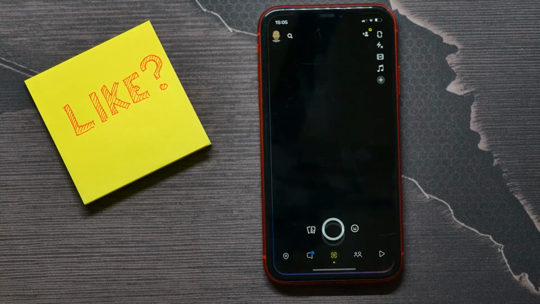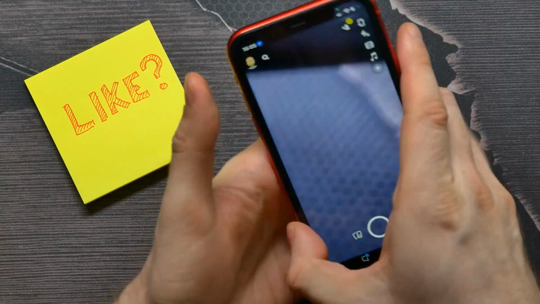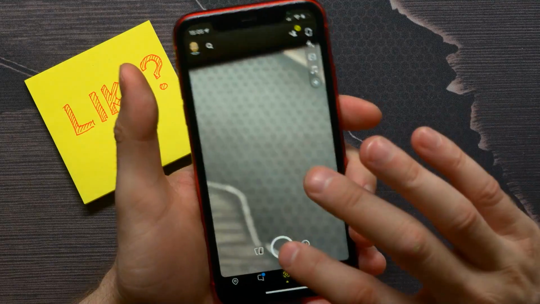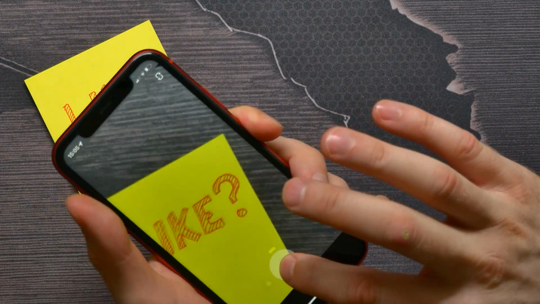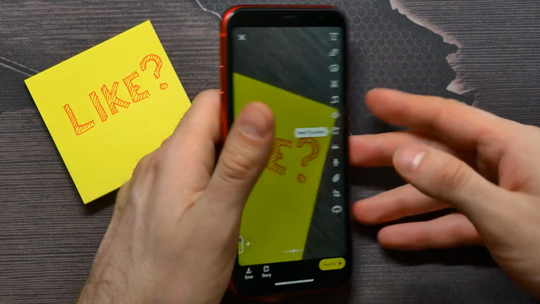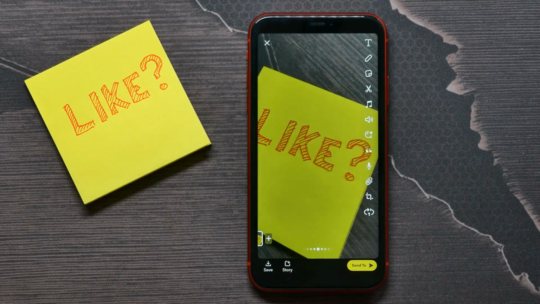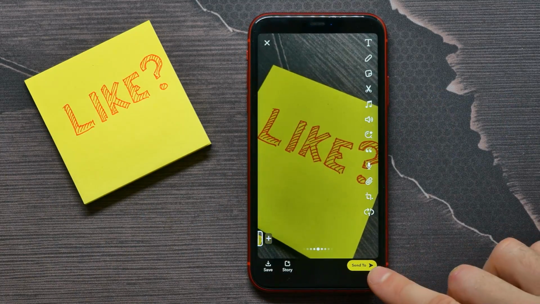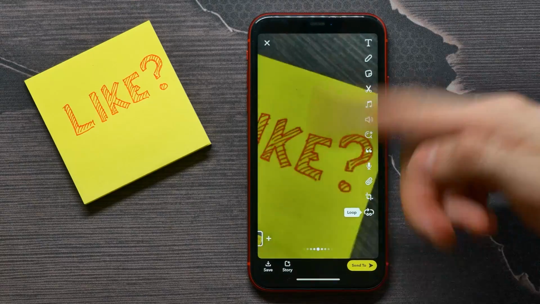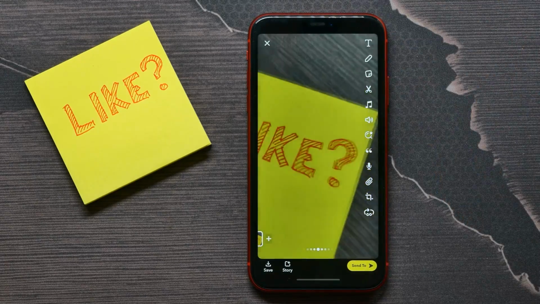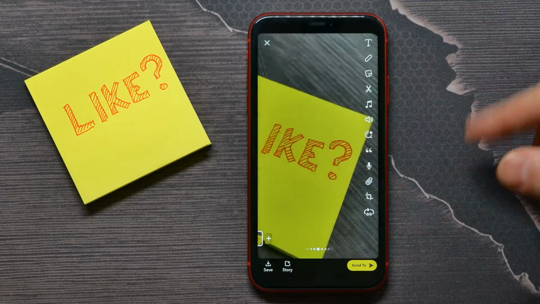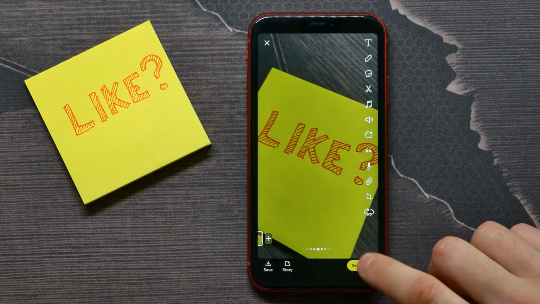And once you opened up your Snapchat, let's make some snap. I'll make a short video like that. And now to make a shortcut, first I need to tap here on send to. First, of course, I can edit that video as I want, as I normally do, any effects, and then tap